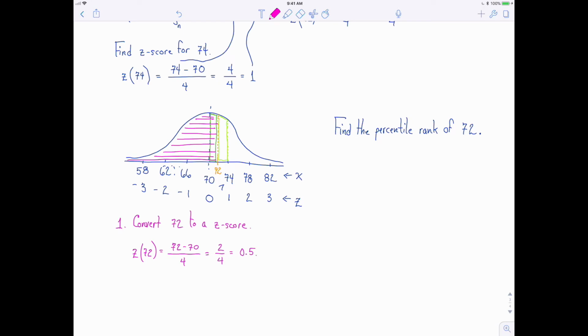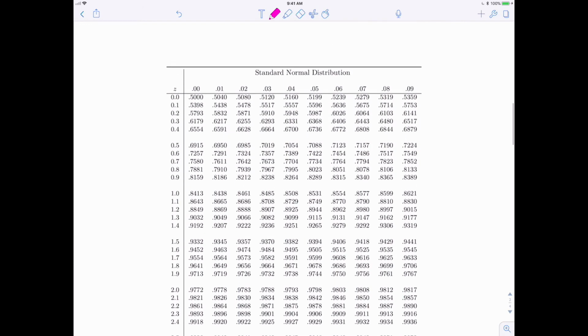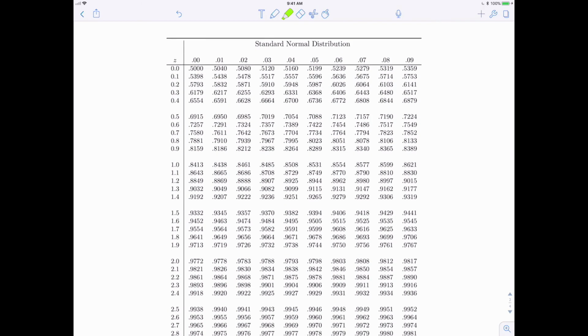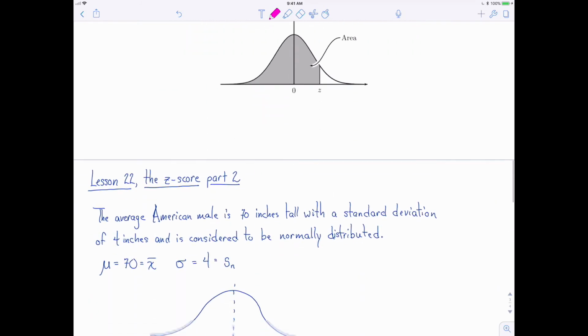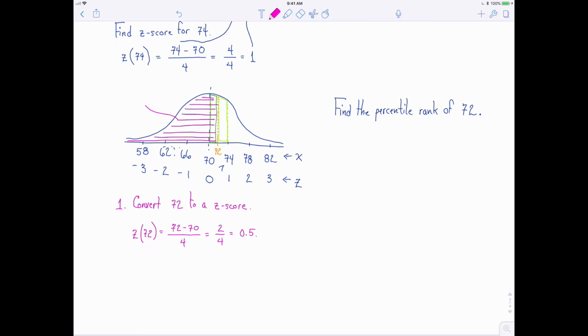Now we're going to scroll way up above, and we're going to find 0.5 on our table and see what kind of an area that represents. Scroll up here, use our highlighter. So here's 0.5 right there. Oh, and 0.50, that's right there. So it looks like 6915. So let's come back down here, and we can say that this pink area here is